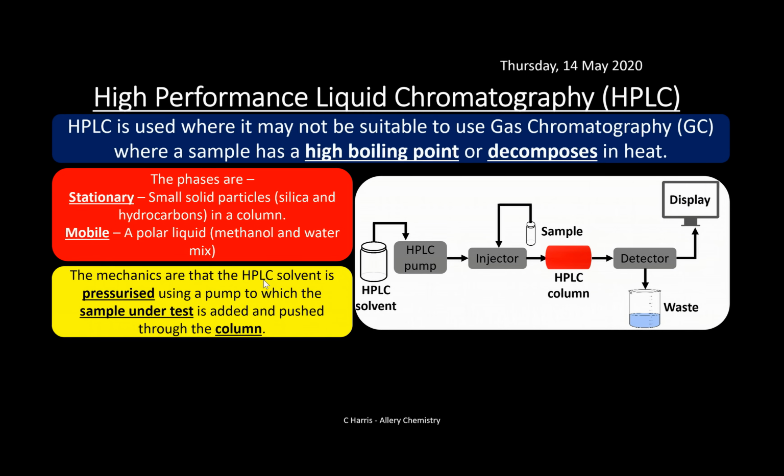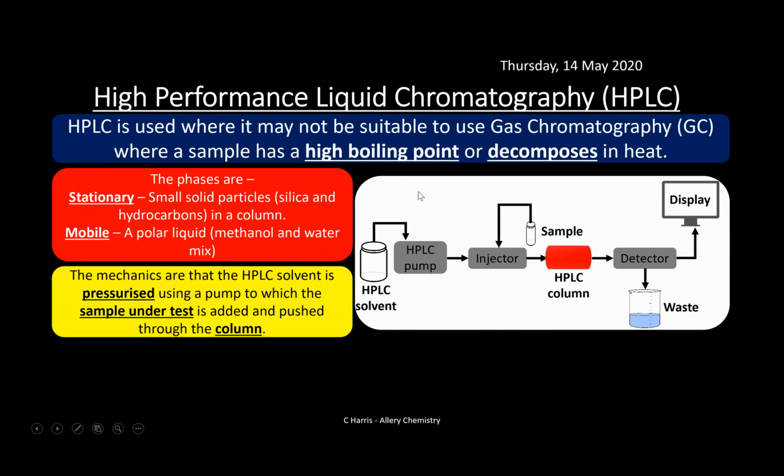And so the mechanics are that the HPLC solvent is pressurized, and we use a pump for that. So we've got an HPLC pump here, and the solvent is pressurized, and the sample under test is added. So a sample is added into the injector and pushed through a column. So here's our HPLC column. We're using pressure here, and we're using polar solvents. So you can see we're not using heat. This is ideal for things which decompose in heat, because we're not using any. Also, with the boiling point, we're using pressure instead to actually turn it into the phase that we need,